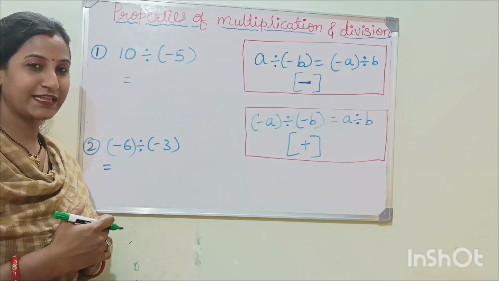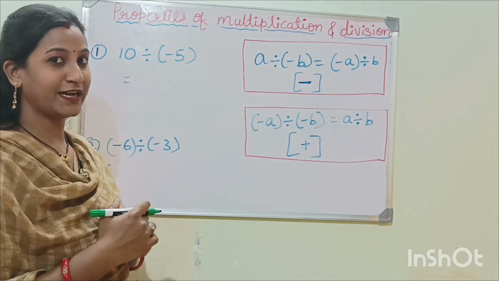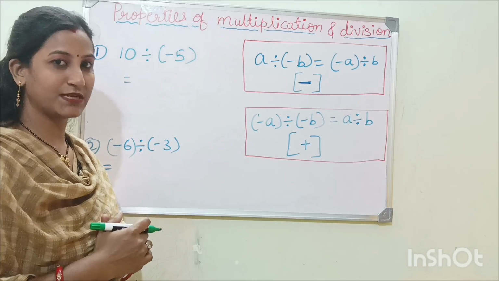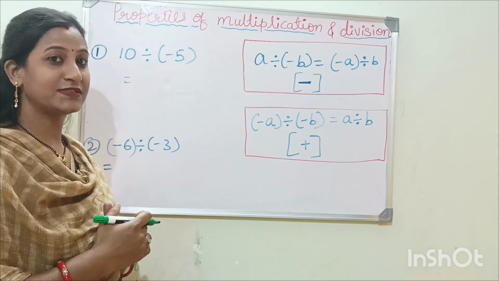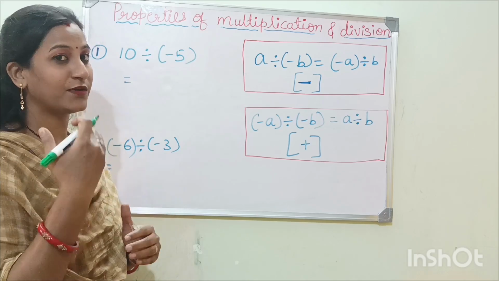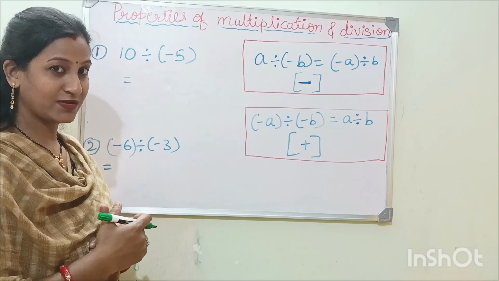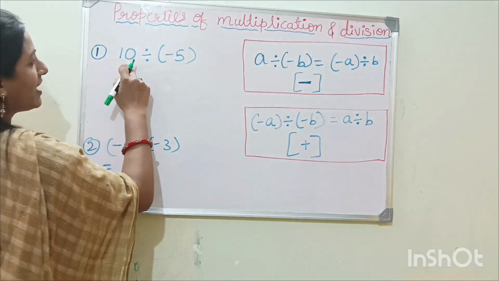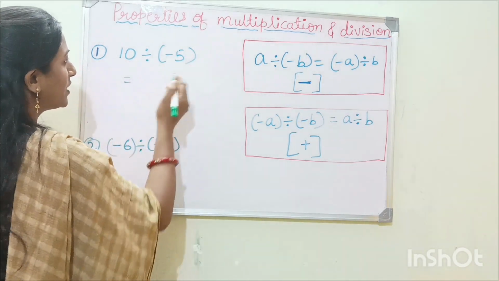So friends, now we'll see the properties of integers for division. Is it going to be closed under division or not? So as you know, first property is closure property. So in multiplication, addition and subtraction, we have seen that if you are adding two integers, we are going to get an integer, for multiplication and for subtraction also. Is it satisfied for division also? So let us check. We have two integers, 10 divided by minus 5. So what you will get?